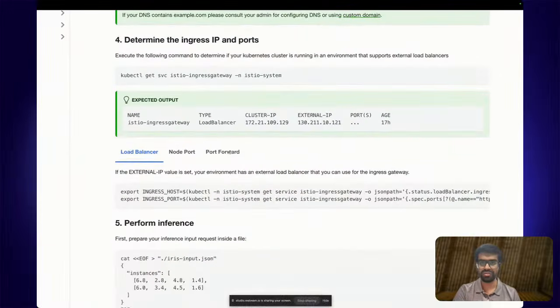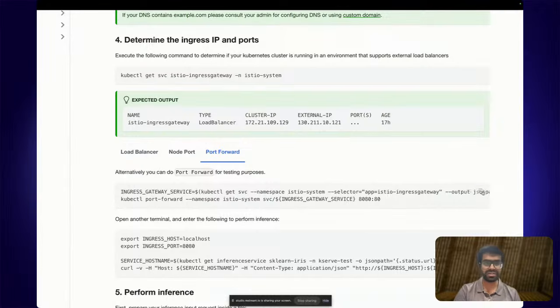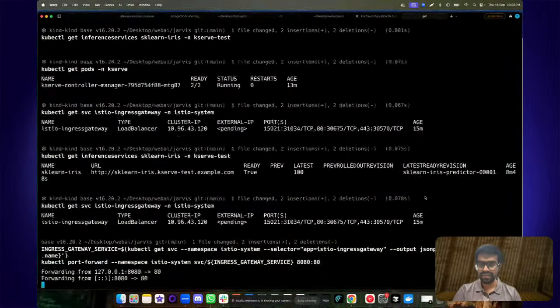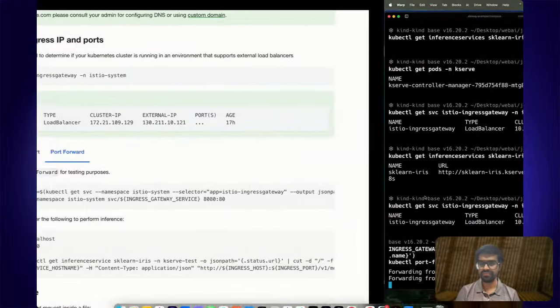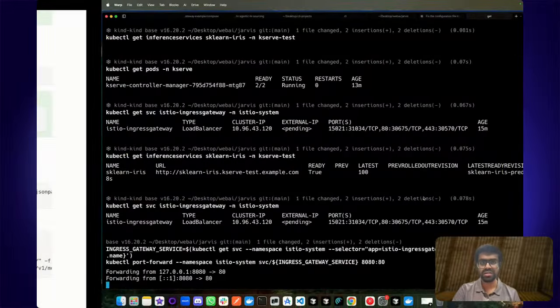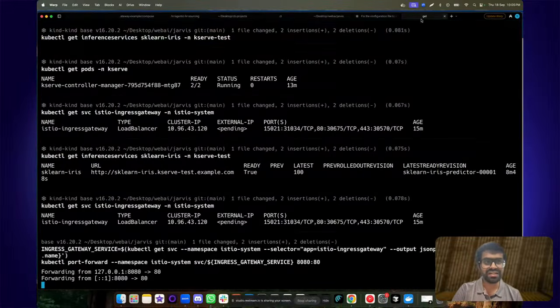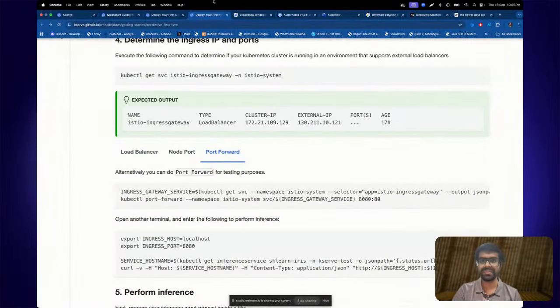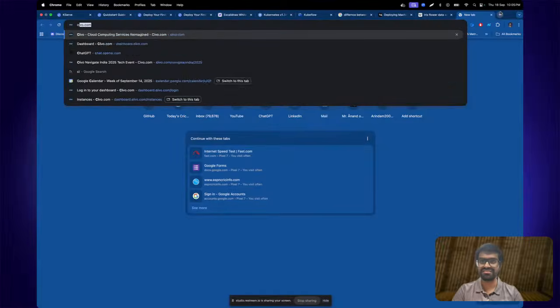And then if you want to apply port forwarding, we can do that. Then you will have to open up another terminal. So for this, I will open up another terminal. I'll log into my cluster. So give me just 1 second.